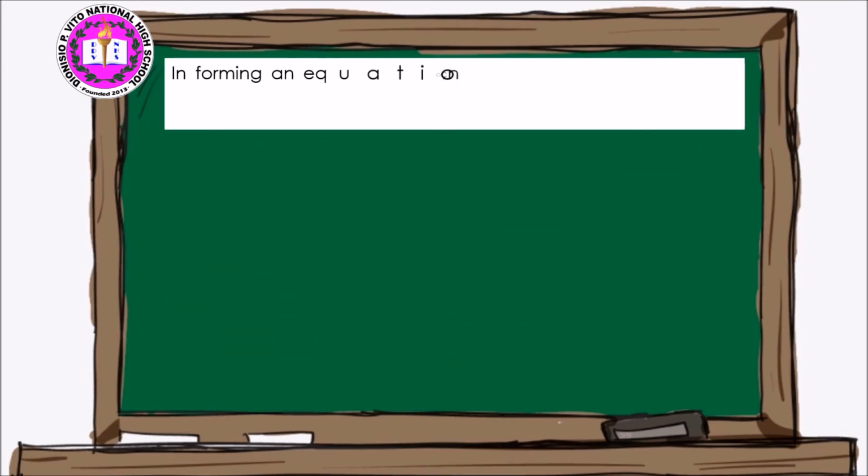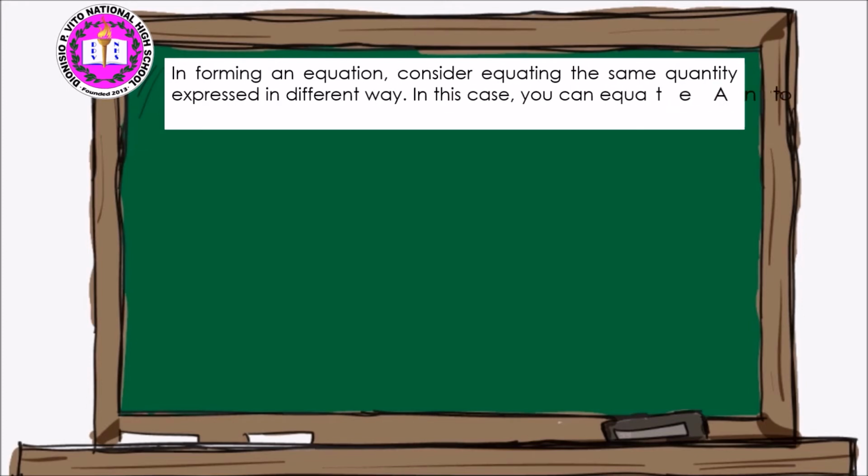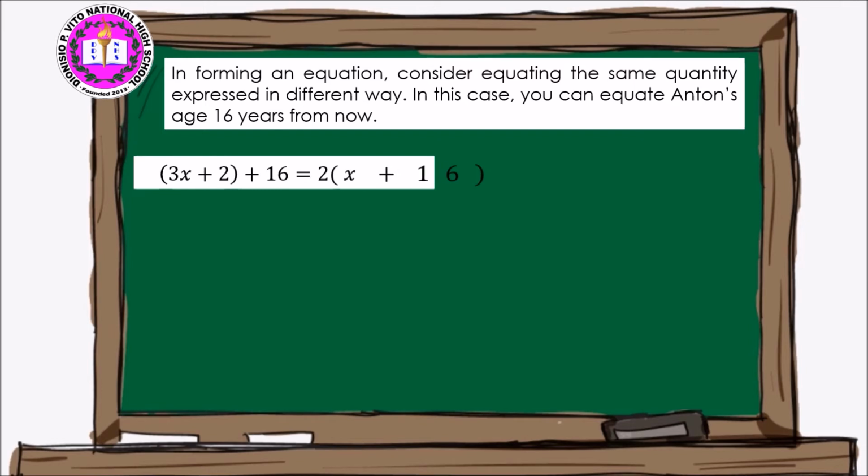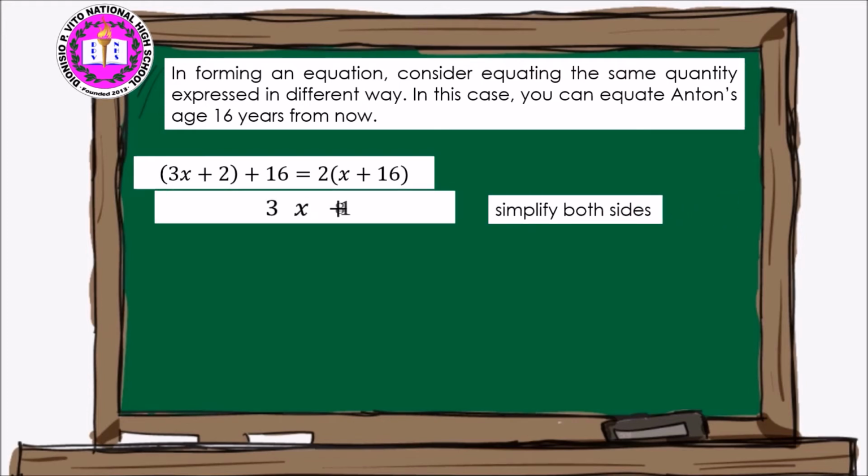In forming an equation, consider equating the same quantity expressed in different ways. In this case, you can equate Anton's age 16 years from now. So we have 3x plus 2 plus 16 is equal to 2 times x plus 16. So we're going to simplify both sides. So we have 3x plus 2 plus 16 is 3x plus 18, which is equal to